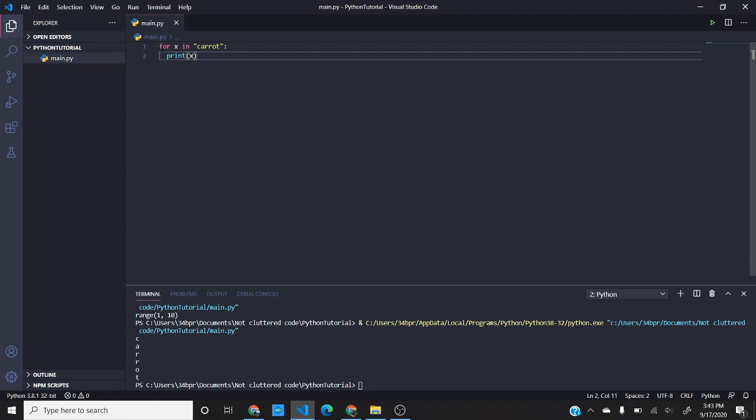So now let's try one with a list. I'm just going to keep that for loop there, and I'm going to define a list. I'll say cities equals London, Paris, New York, Seattle. So if I change carrot here to cities,